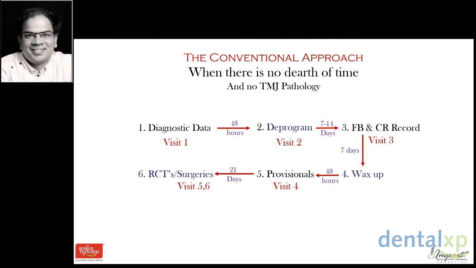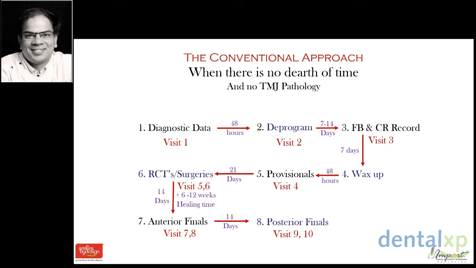Then these provisional restorations will be sequentially removed to perform any surgical work or root canal therapy that has to be done for the patient. That might take 1 or 2 sittings. And then, based on whether I've done implants or endodontics, we will have a healing period of anything between 2 weeks to 4 months, depending on whether grafting was required or not. At the end of that healing period and provisionalization, we will then go ahead and make the anterior final restorations and then the posterior final restorations.